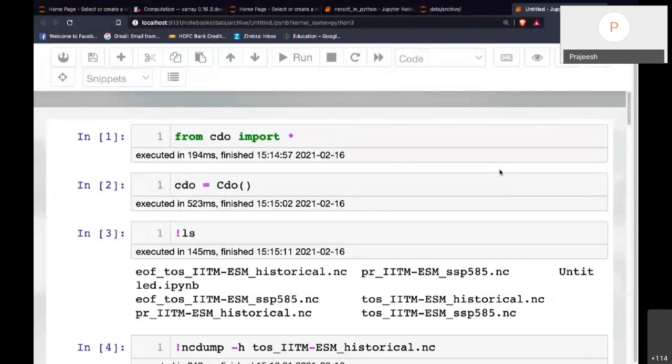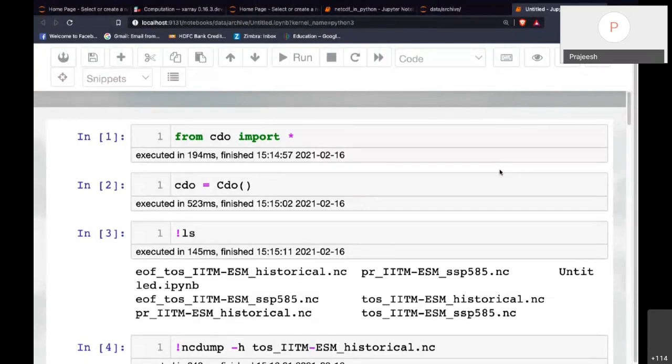There is one question: how can we do wavelet analysis for a variable from a NetCDF file? Wavelet analysis is a special analysis, so if there are any packages, you have to use those.